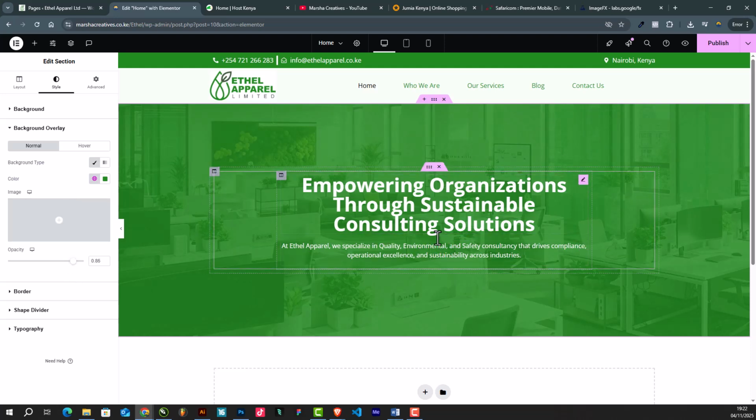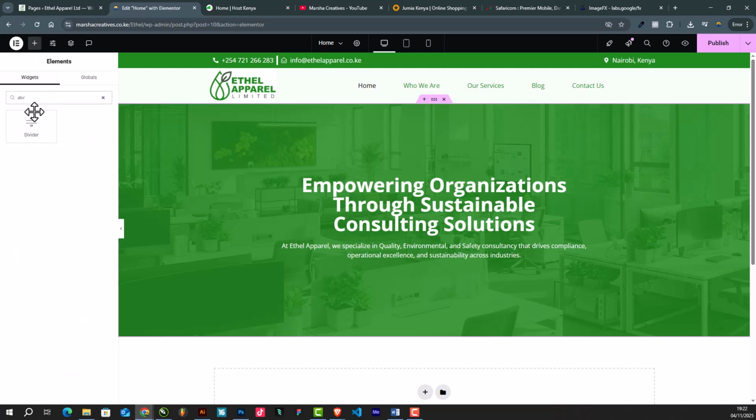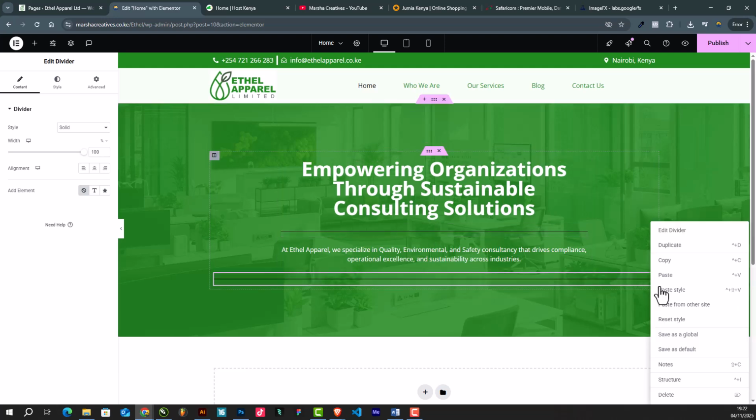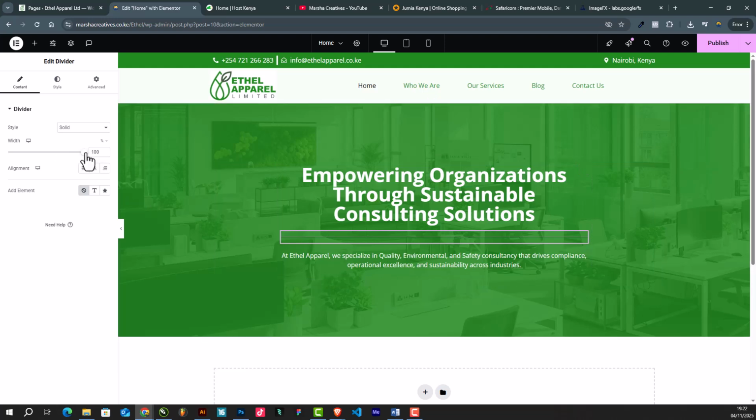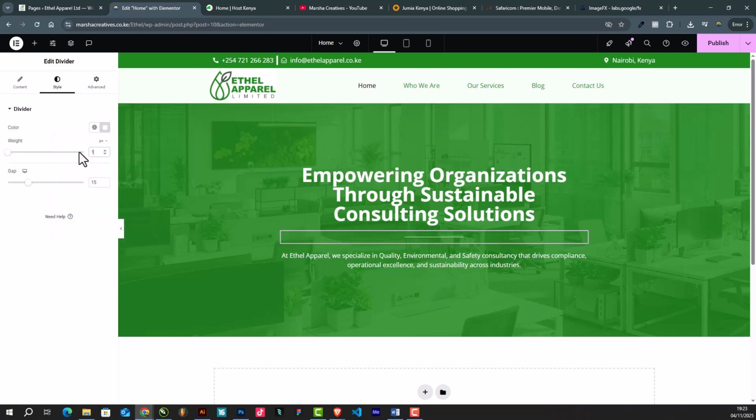Yeah, I'll put a divider in between here. I'll go to add element, I'll search for divider. This, click, drag it in between the heading and the description. Let me delete this one. It should just be one, that one. I'll reduce the width to something like that. I'll then position alignment, make it center. I'll go to style, I'll change this to white. The weight I'll make it 3